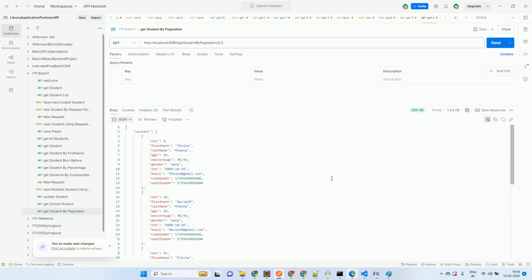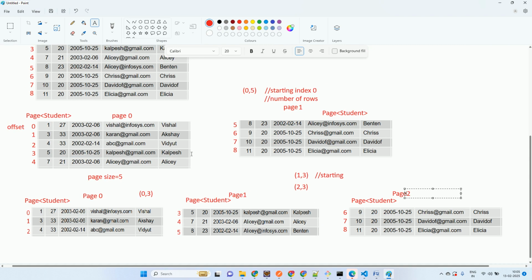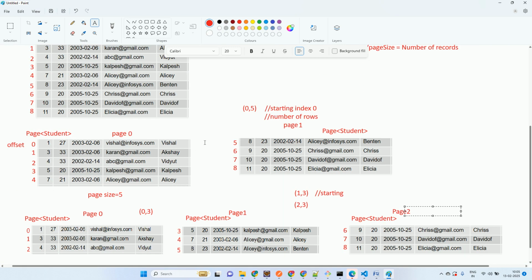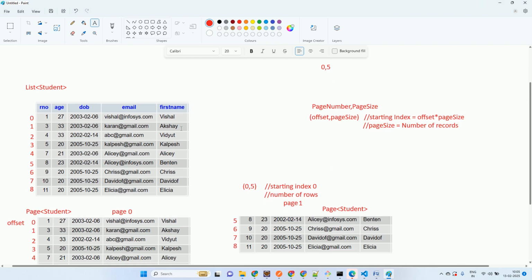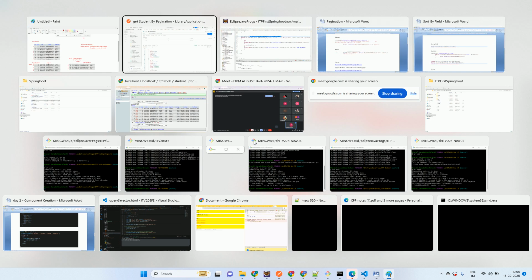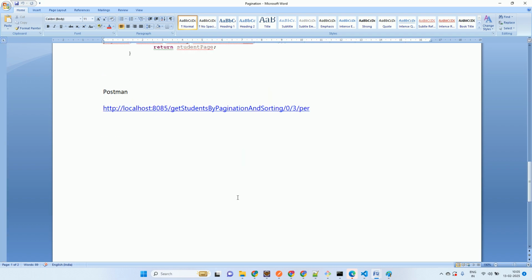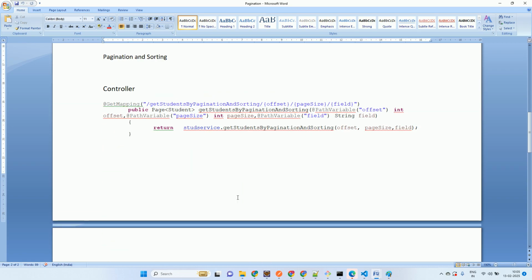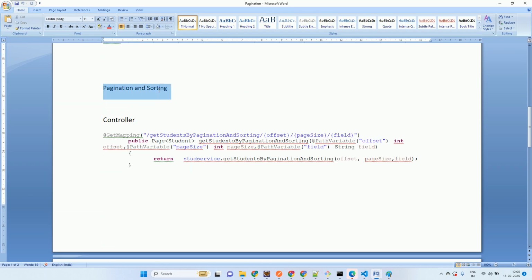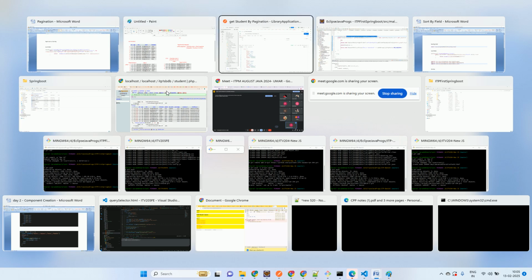तो अभी ये जो मुझे दे रहा है, ये ऐसे ही दे रहा है, राइट। तो पहले मैं उसको बोलूँ, पहले इसको सॉर्ट कर और फिर पेजेस बना, यानी फर्स्ट नेम पे सॉर्ट कर और फिर उसके हिसाब से पेजेस बना, तो वो भी हम कर सकते हैं। ठीक है। ओके, पेजिनेशन एंड सॉर्टिंग दिख रहा है, तो वो भी इम्प्लीमेंट कर सकते हैं। तो एक और एंड पॉइंट बनाते हैं